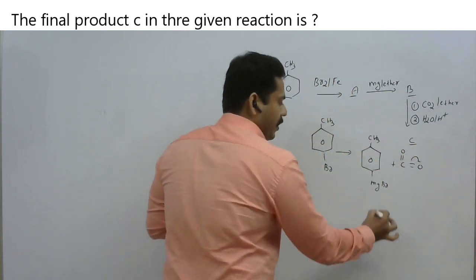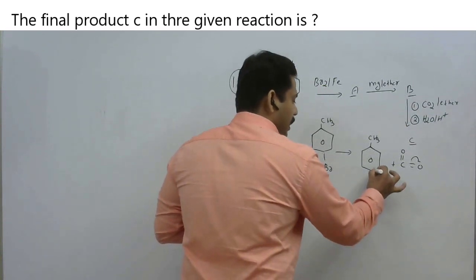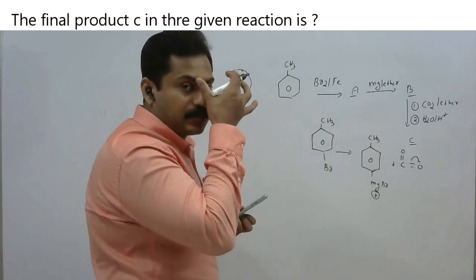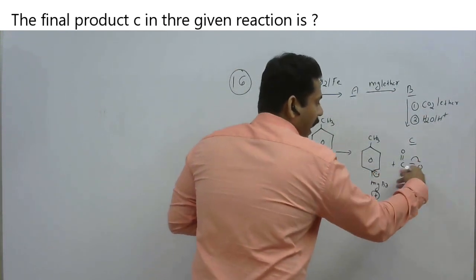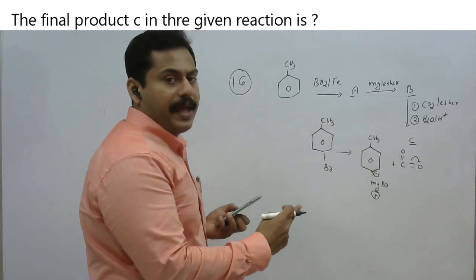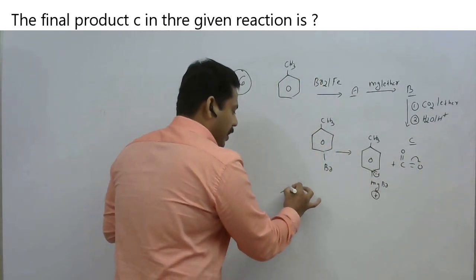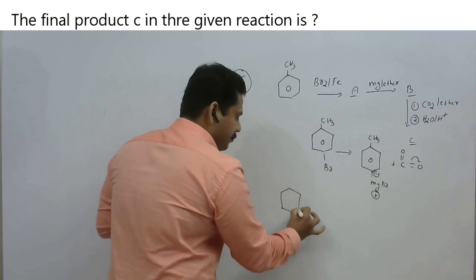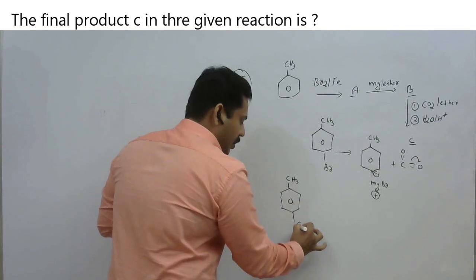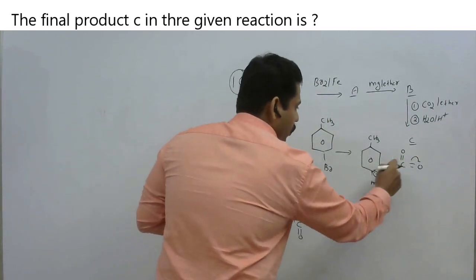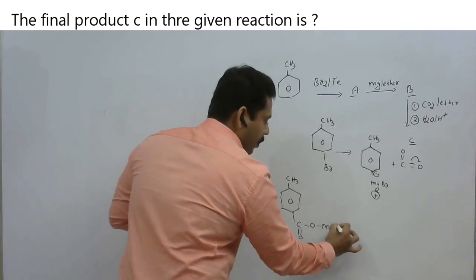We know that for the Grignard reagent, this is a trick. This MgBr part you can consider as plus. The carbon which is directly connected to the magnesium you can consider as negative. After the pi bond shift, carbon will have a positive charge and oxygen will have a negative charge, so the negative carbon and the positive carbon will link. And this becomes O, to which MgBr will be attached.